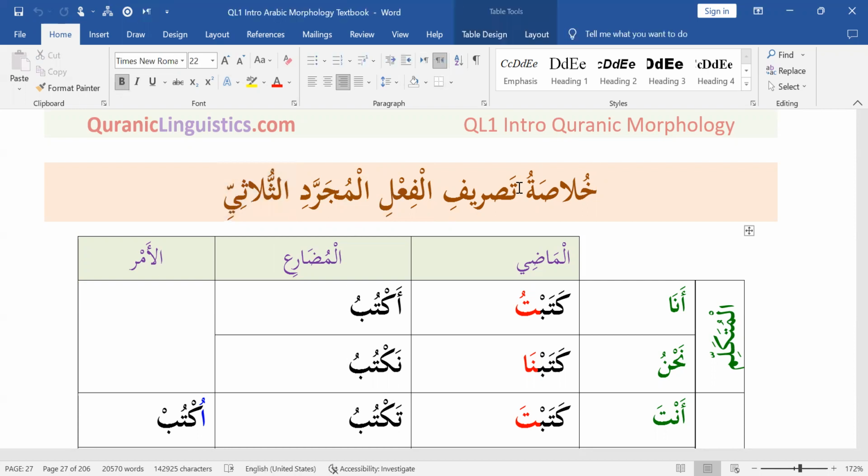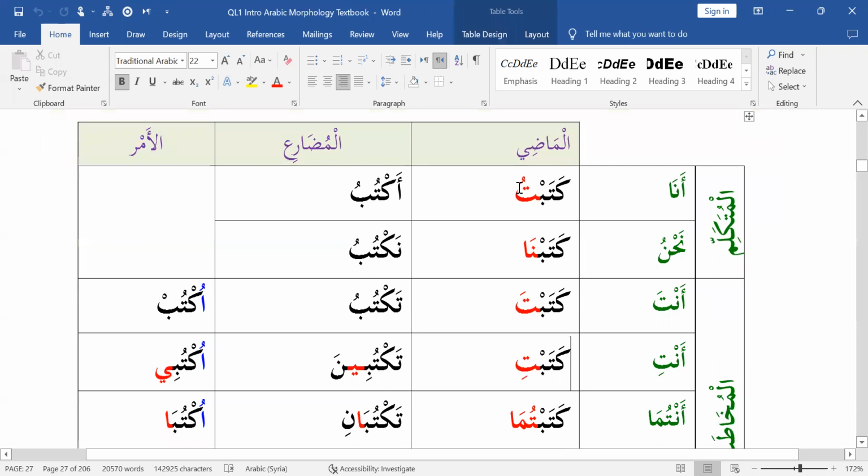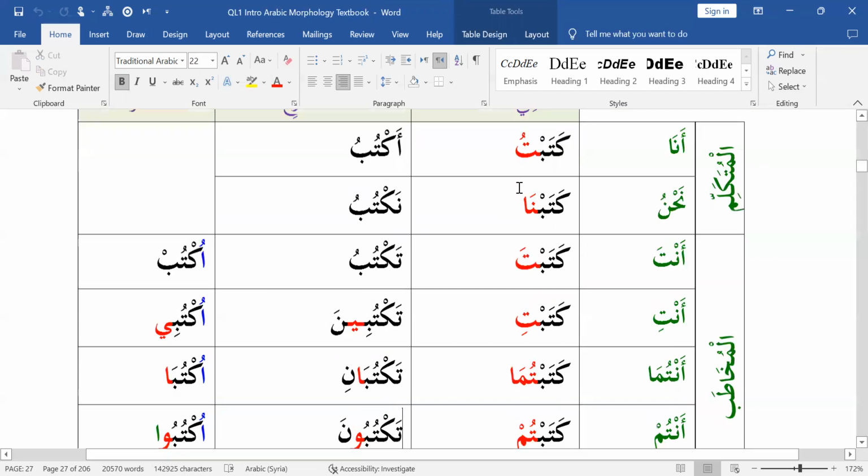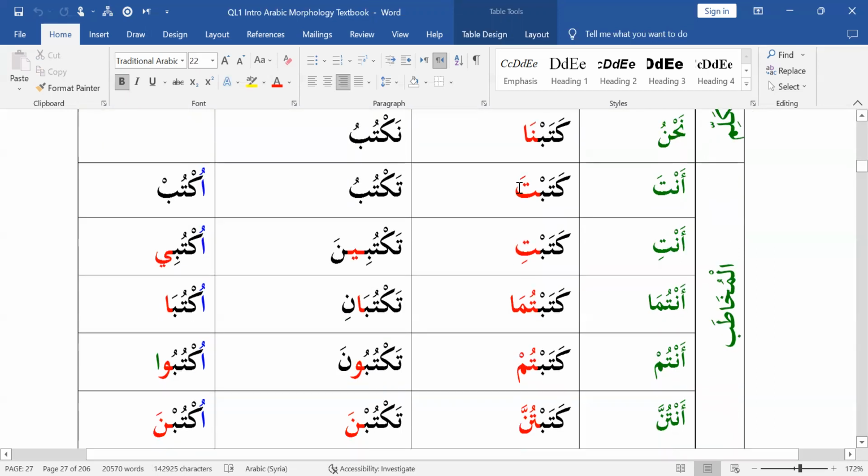So we've studied al-madi, we've studied al-mudari. Katabtu means I wrote. Katabna means we wrote. Katabta means you wrote. Aktubu means I write. Naktubu, we write. Taktubu, you write, as in anta. And so on and so forth. You already know all these conjugations, so I don't have to repeat the whole conjugations. But what's interesting in this review